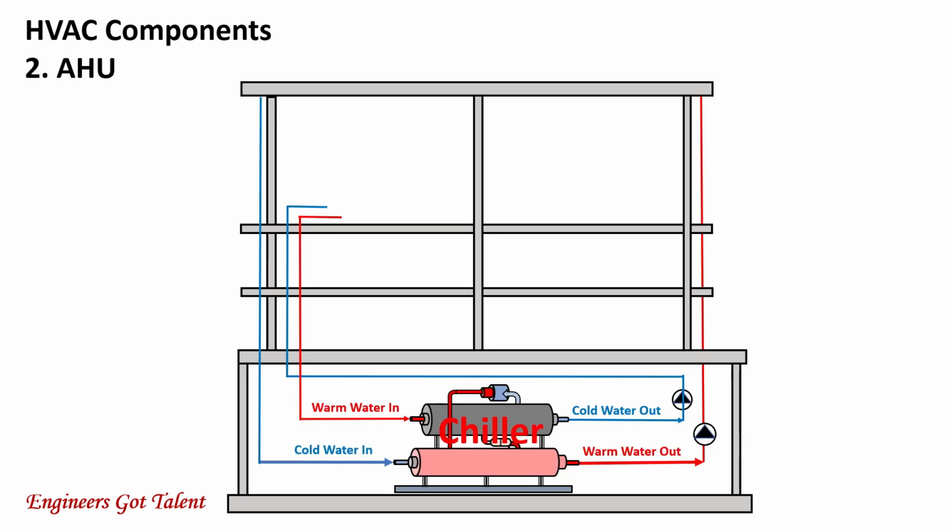Now we come to the second component, which is the air handling unit or AHU. The air handling unit is an integral part of the HVAC system, which takes in outside air and then filters it. The AHU has cooling coils to cool the incoming filtered air to be supplied to the rooms to be conditioned during